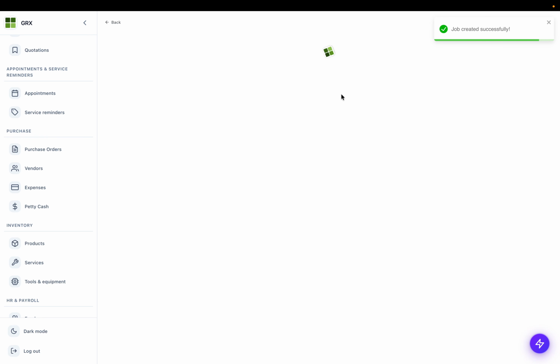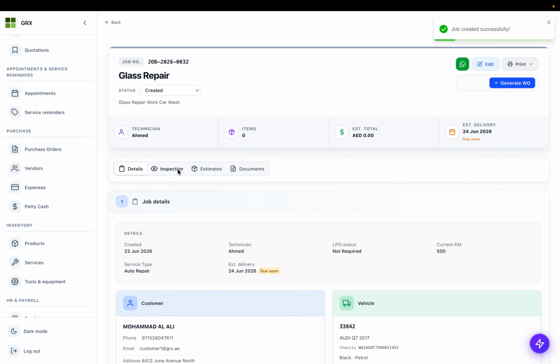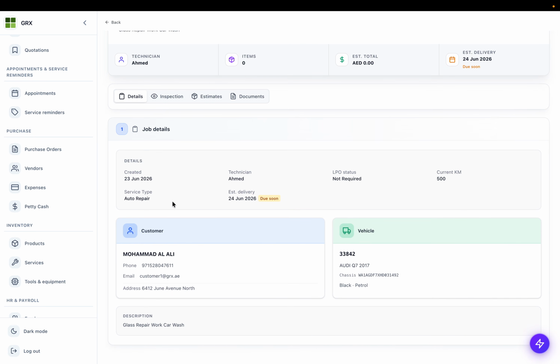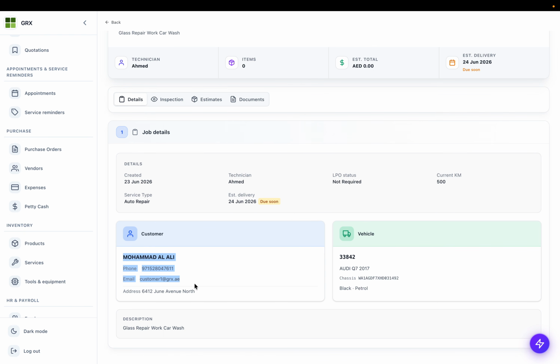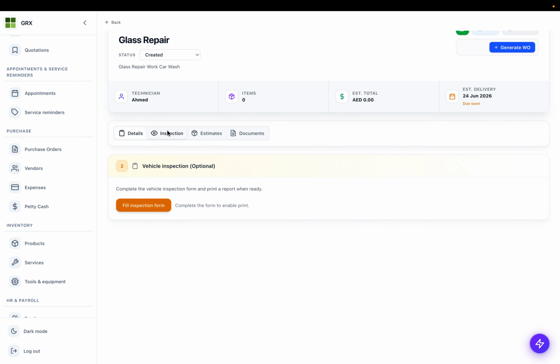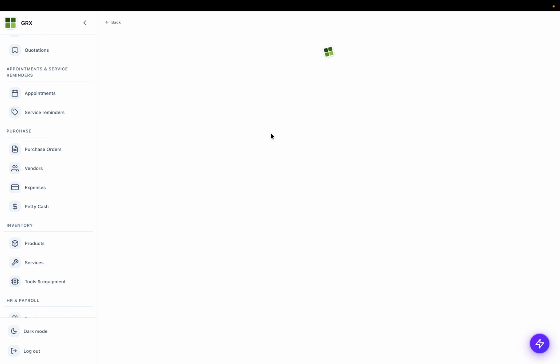So job is basically a first step, we can say estimates or just do inspections and all. So this is our vehicle, this is customer, all of this information. Now we will do inspection. So this inspection form is an optional thing, if you are doing any inspection on the vehicles to maintain records, you can just fill this